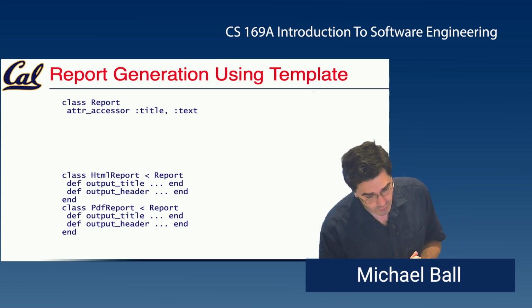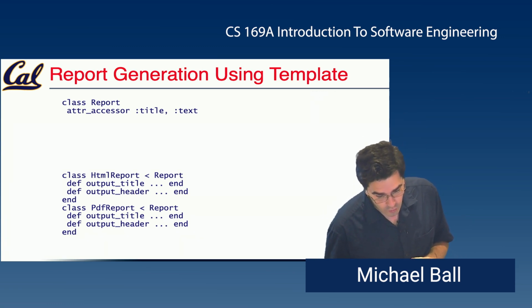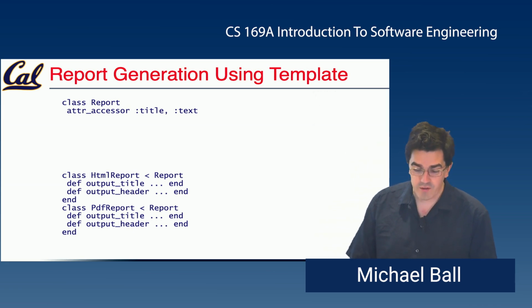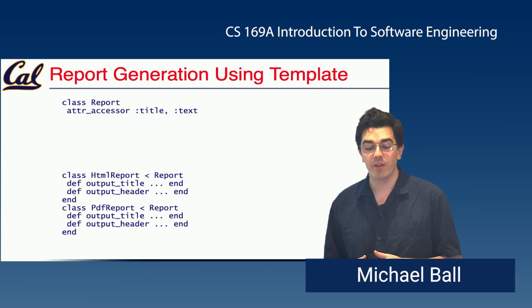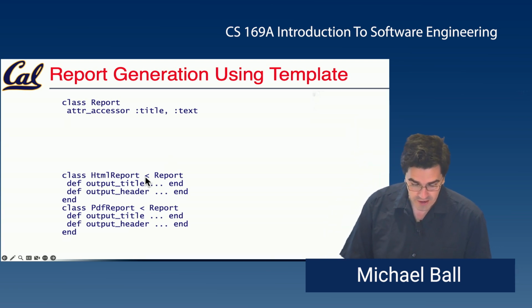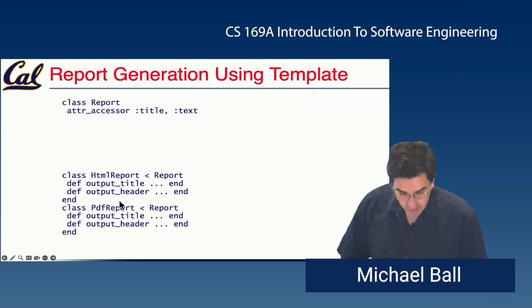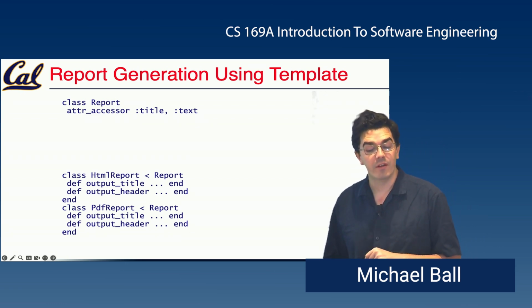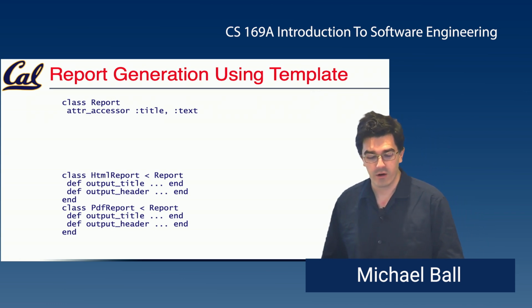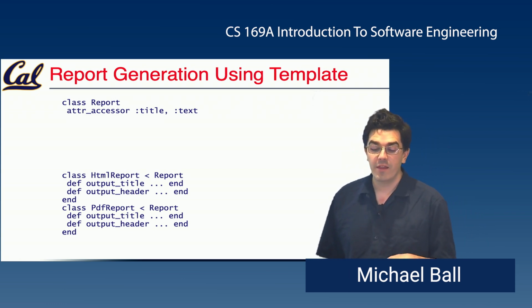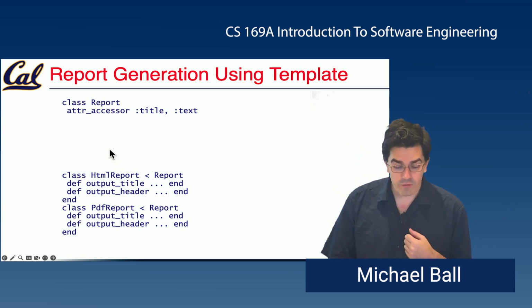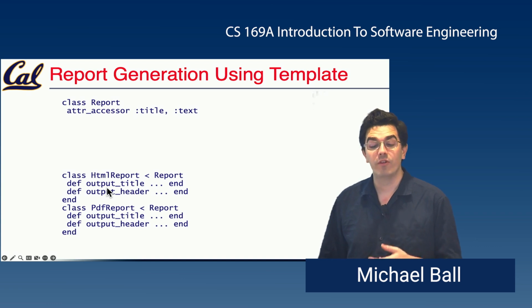Here's sort of a different example of what a template pattern might look like with the report class. In this case, because the implementation is different, but the steps are the same, these two types of reports, the HTML report and the PDF report, they are supposed to implement the same kinds of methods. So in this case, output title and output header, we might have more things. This example is using inheritance, which means that all of the reports, or all of the types of reports need to have